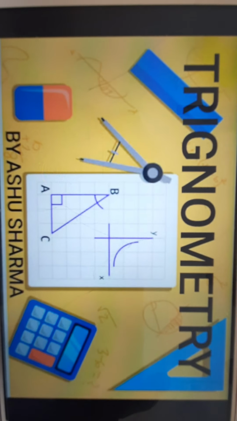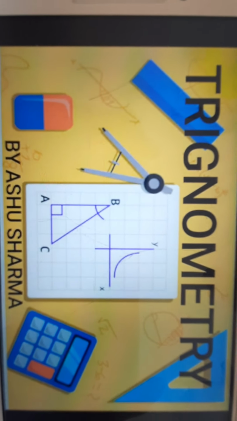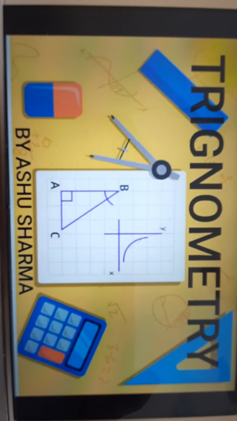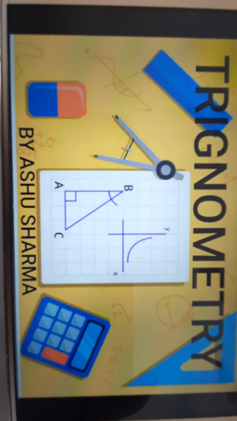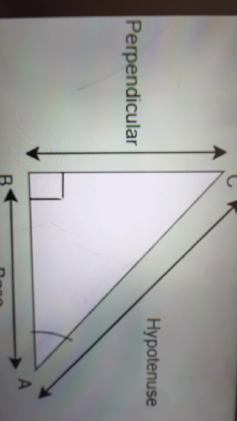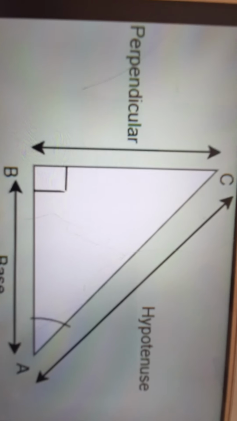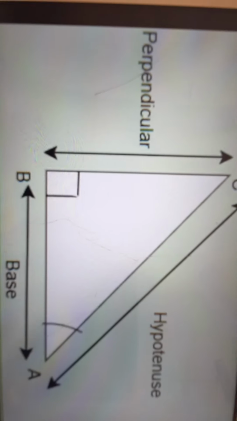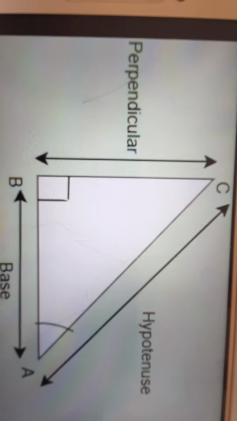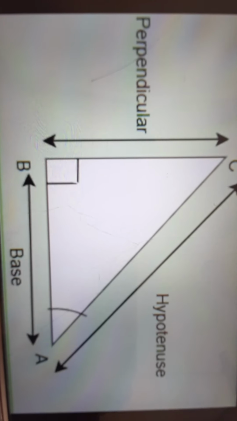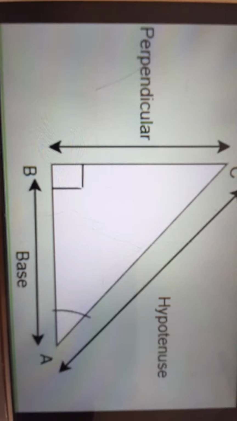Dear students, we have started trigonometry chapter 8 of your NCERT book, and till now I have explained the trigonometric ratios, that there are 6 trigonometric ratios. And I told you that trigonometry is meant only for right triangles and the perpendicular should be opposite to the given angle. Hypotenuse is always fixed opposite to 90 degree and the third remaining side will be the base. Now today we will start 8.1 exercise in this video and we will cover question 1 onwards. So let's start 8.1 exercise, question number 1.